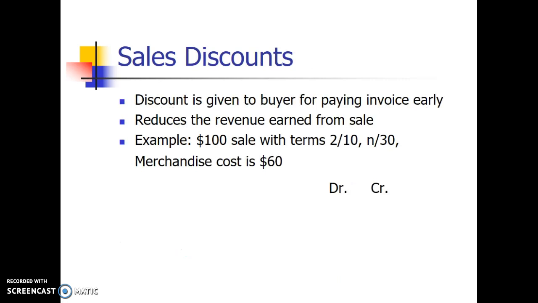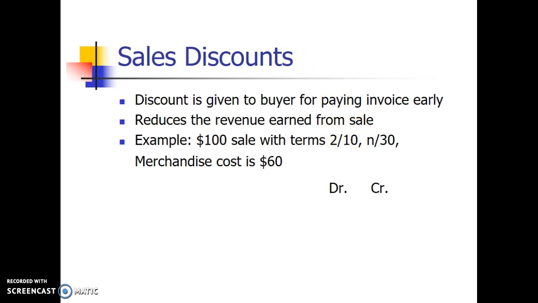Next, we want to take a look at a sales discount. And this doesn't mean something's on sale. It means we're offering a discount because we want the buyer to pay the invoice early. And so we'll see that the terms of the sale indicate if there's a discount. So if the terms are 2/10, n/30, that means the terms for payment are they have to pay the net amount, or the full amount, within 30 days. But if they want to take a discount, we will give them a 2% discount if they pay within 10